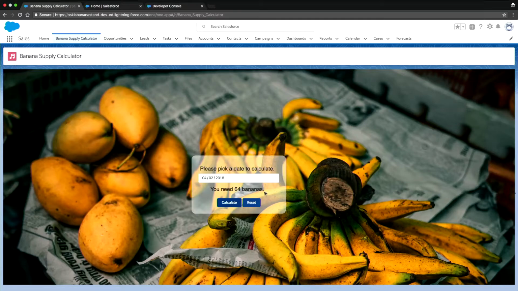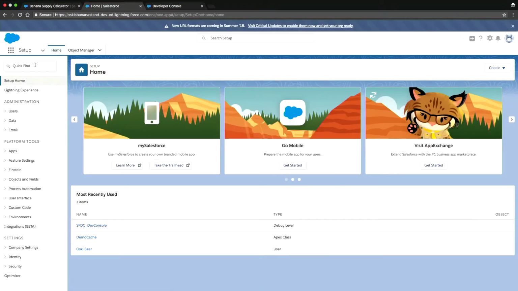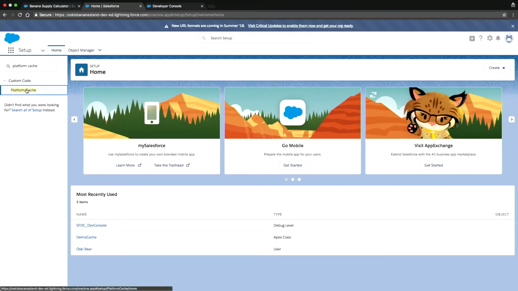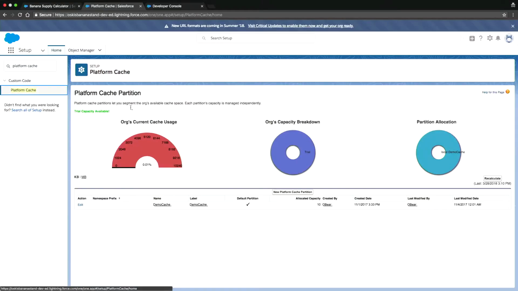And let's say you've already implemented this logic in your org, and your users start using it. But how do you know it's actually being useful? We also offer a diagnosis page from setup. So from the same org, you're going to go to Platform Cache. And you're going to see how much of the cache space you're using right now. The capacity is broken down. So for example, we only have one trial cache space right now, which is 10 megabytes. And we only have one partition right now called local.democache. And when you want to refer to that local.democache in the code,